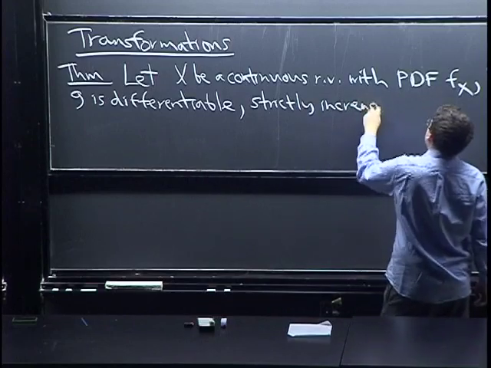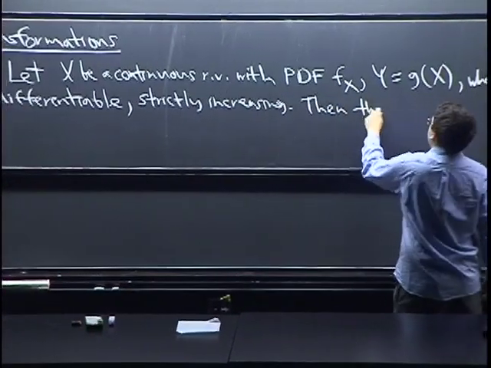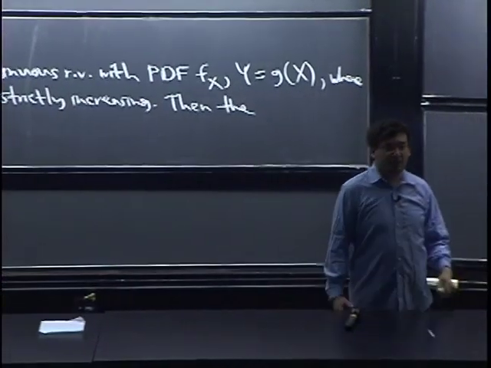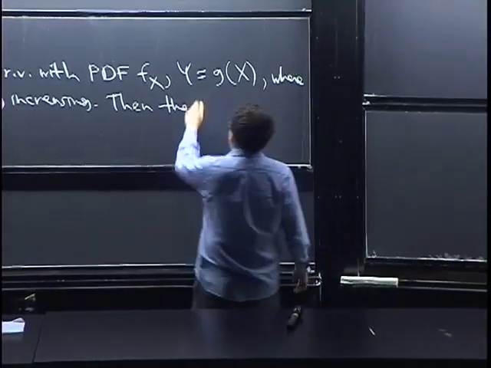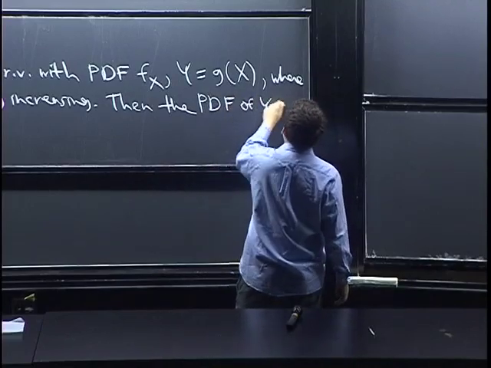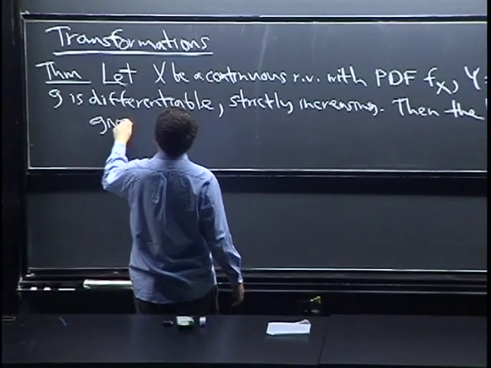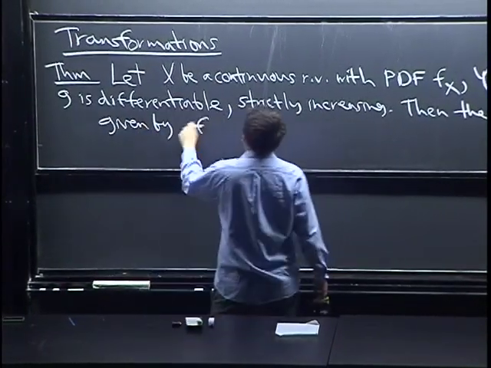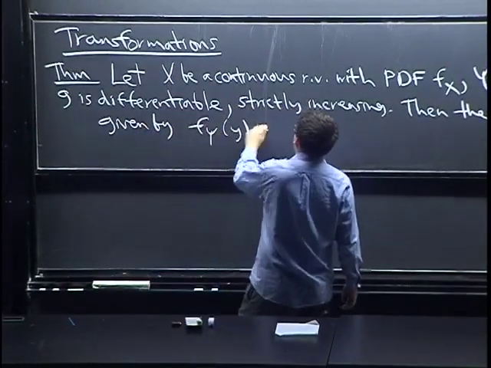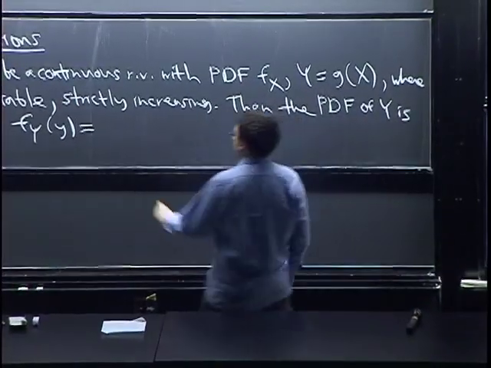Okay, and then the question is, how do we get the PDF of Y? And the answer is given by f sub Y of y equals, well, we start with the PDF of X,